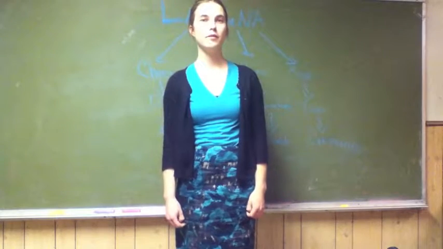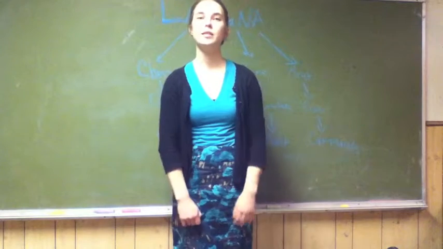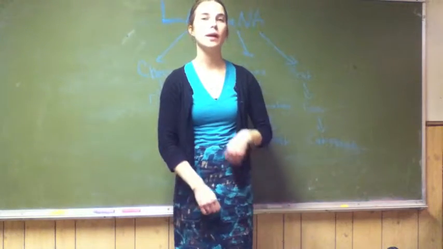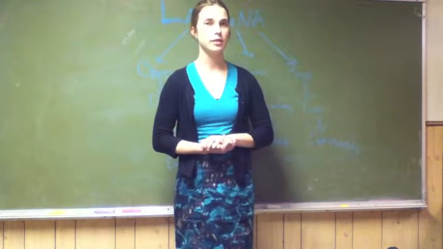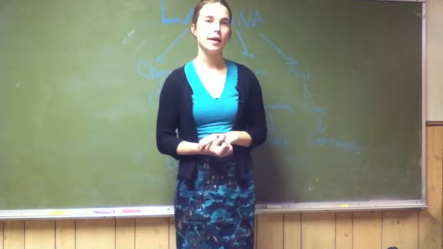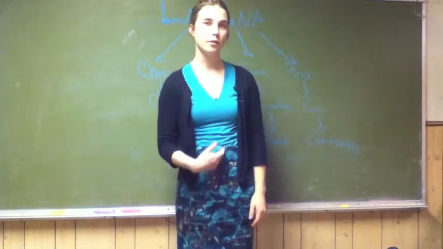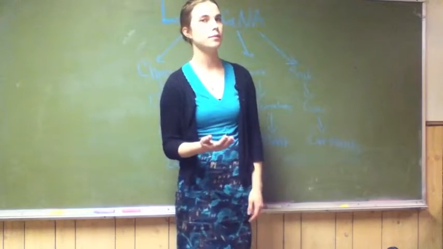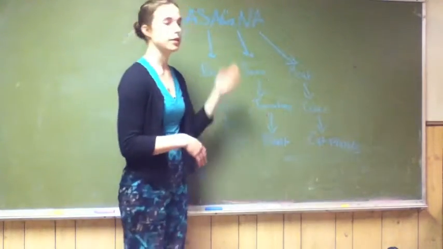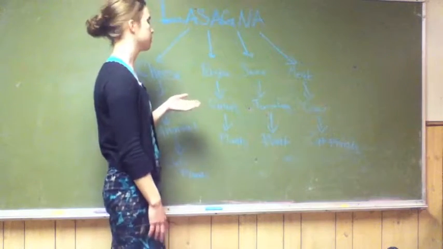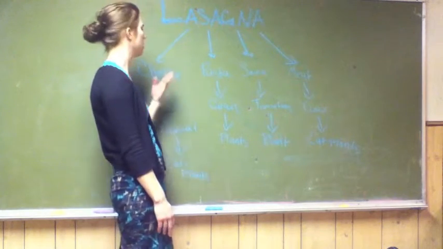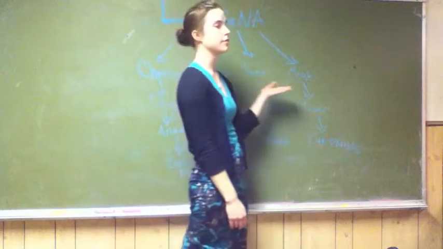Now that we have learned what biodiversity is from Bill Nye, let's see where all the energy comes from in an ecosystem. Hi everyone, we've been covering ecosystems, and I'd like to cover the topic of how we get all of that energy within an ecosystem. And I would like to do that by giving an example. And I'm going to use an example of my own from what I ate for dinner. So I ate lasagna for dinner. There are 4 main ingredients, essentially: the cheese, the pasta, the sauce, and the meat.